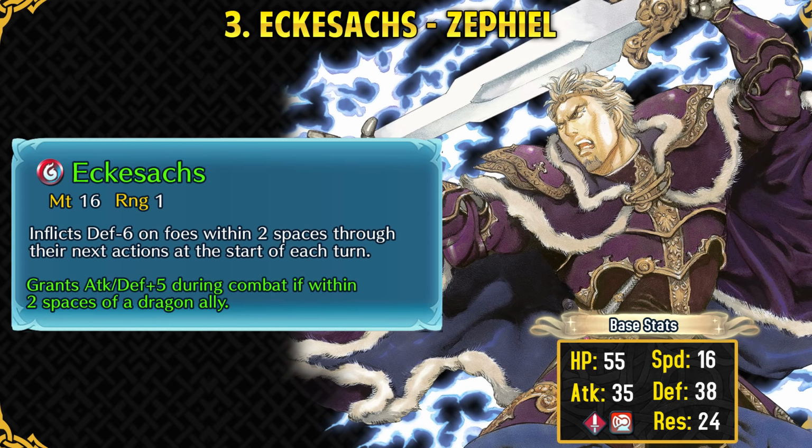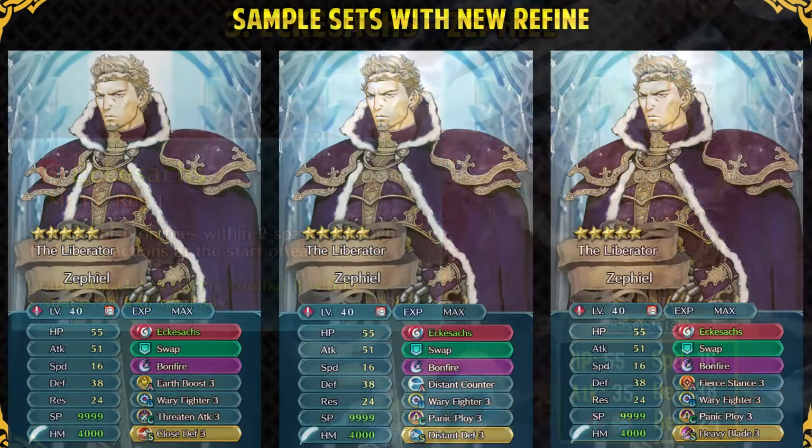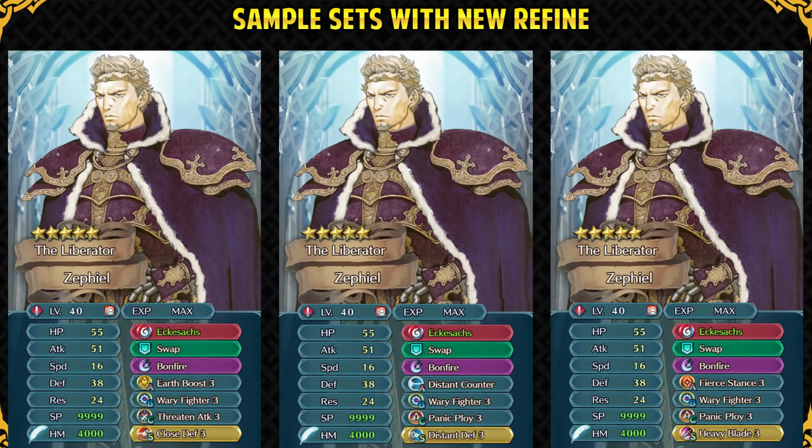Zephiel is easily able to cover the weakness of his dragon allies by taking hits from Julia and Daedra, and also not taking too much damage from Falchion users due to his extremely high defense. Dragons can still of course take on those set counters, but Zephiel does make it pretty easy for them. The +5 defense helps him stay in his Weary Fighter range for longer, and it also allows him to hit very hard. A budget set with Earth Boost can be run on him, and with this set he can reach